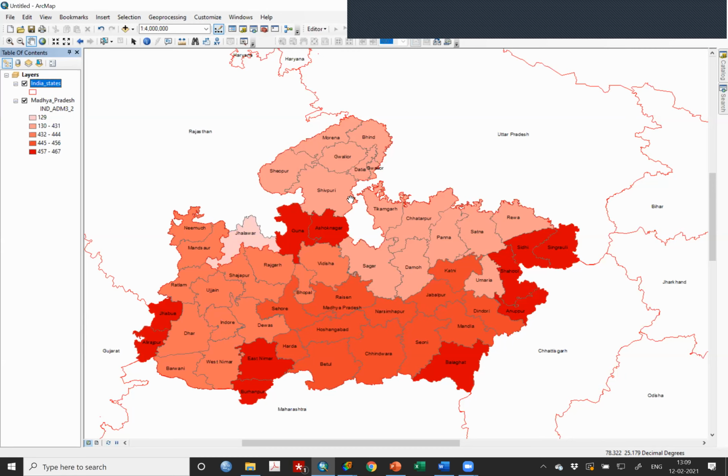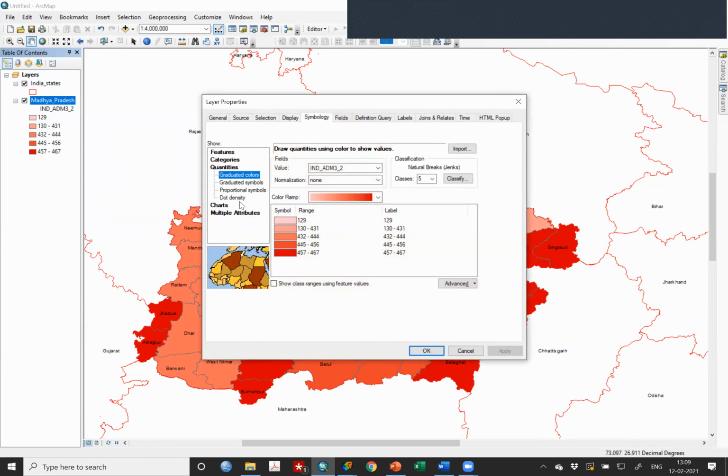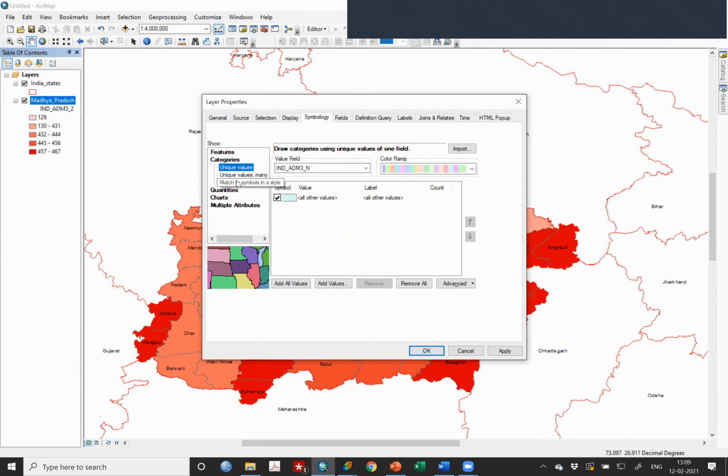But what we are trying to do is do this in GeoDa. Sometimes we even use this, because if you look at the mapping properties, you do not have all those features.